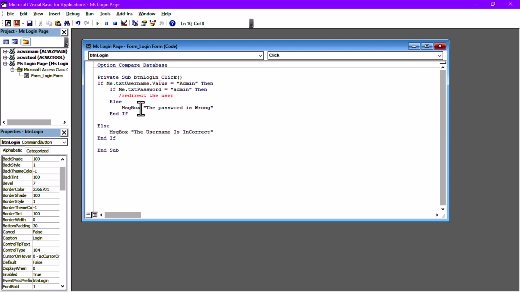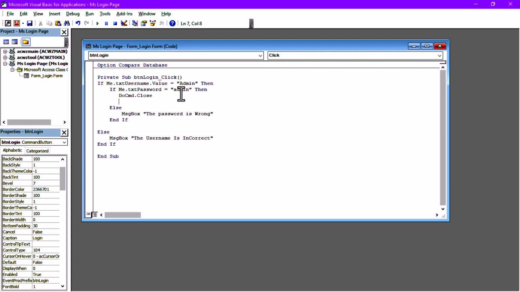That is the first if. So for redirecting the user, first you need to close the current form. This is done by using DoCmd.Close. So this one will close the current form, and now for it to open a new form, you do